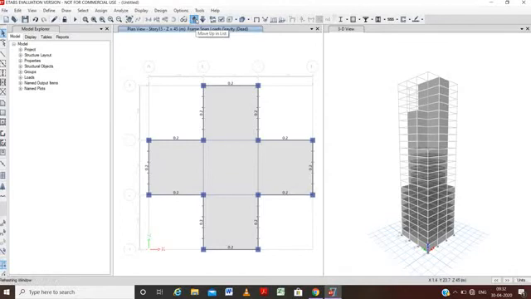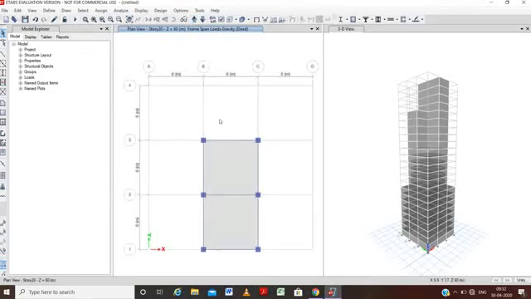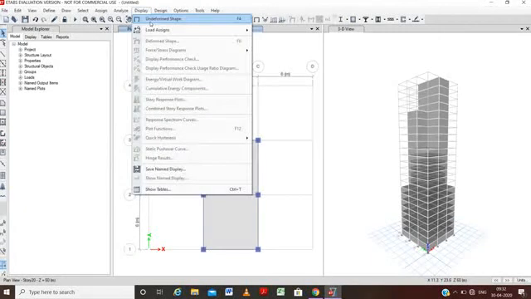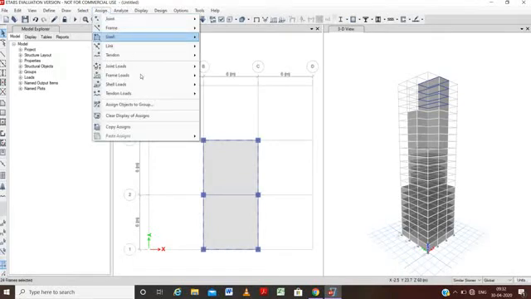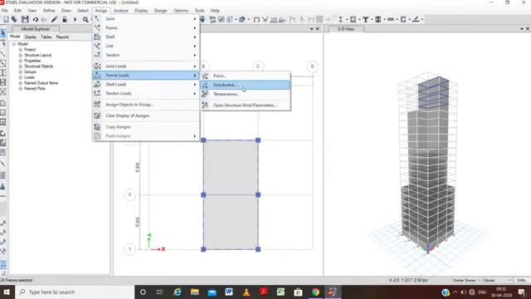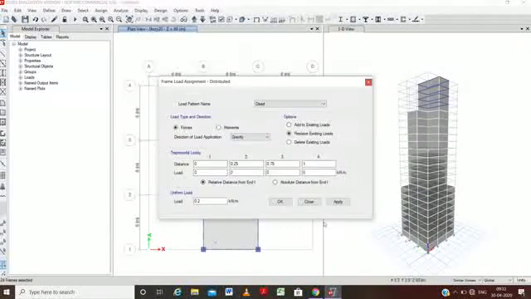Now we will go past the 19th story. Here the 20th story can come. For the similar stories option, just go to display and undeformed shape. We will go to similar stories. Here we have selected the similar stories. These are the external beams. These all are the external beams. Just assign, frame loads, distributed, and just click on apply load and OK.